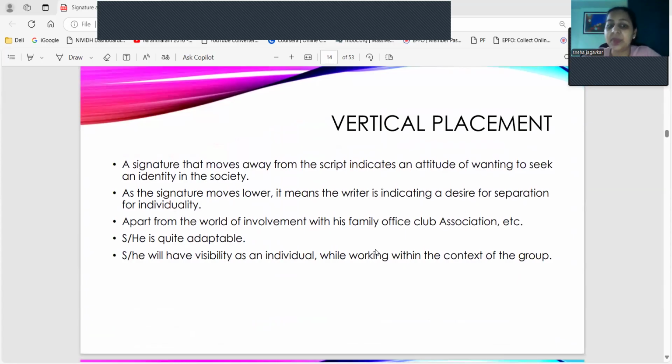Now, a vertical placement which moves a little away from the script, which means now I'm going to speak about vertical signature 2. If the person signs here first time and then below 2 times. So this becomes placement number 2. Now, for placement number 2, this indicates that the person is wanting to seek an identity in the society. They want their own identity. They are the people who would be good in a group as well as an individual. So even if I am associated with Psycho Shiksha for a couple of years right now, I also have a separate identity of mine,